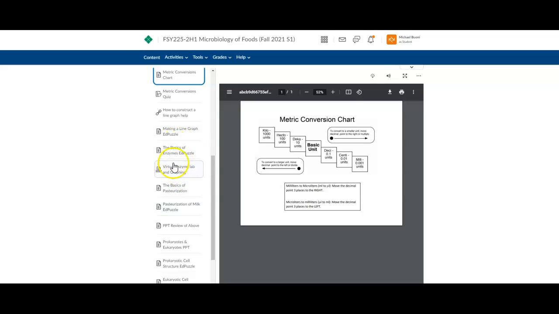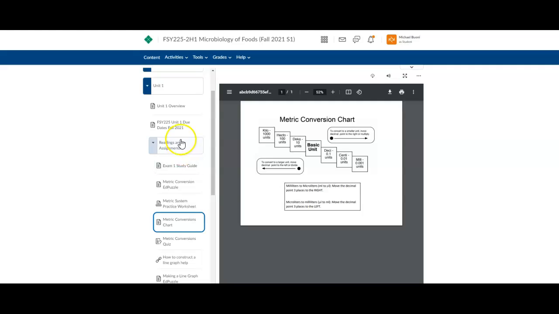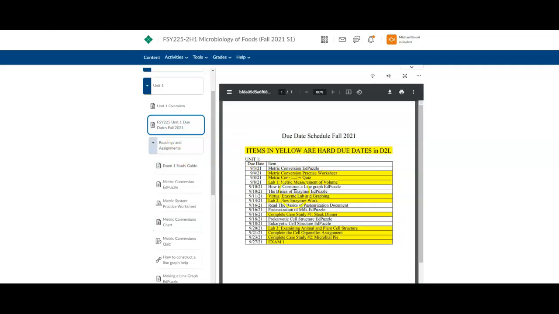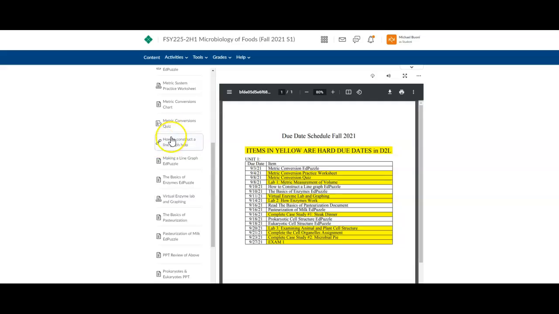Now, there are a couple things in here that you don't see yet, because I made this video before the class started, but there's also going to be your lab activities. And what I mean by that is if we go back to here, you'll see that there's a Lab 1 metric measurement, Lab 2 how enzymes work, Lab 3 examining animal plant cell. They'll be in here where they should be,